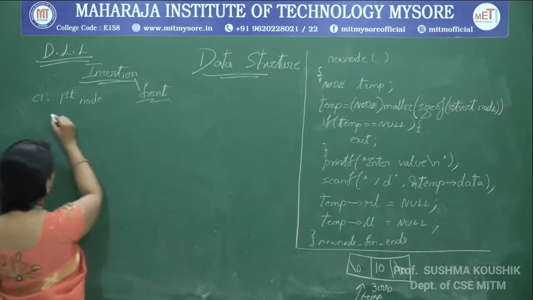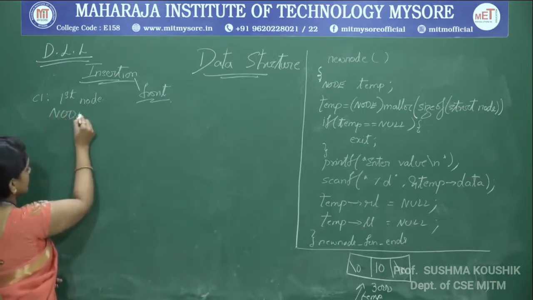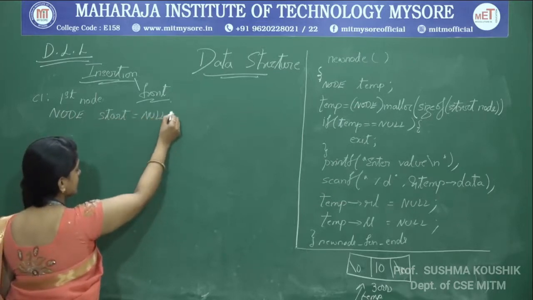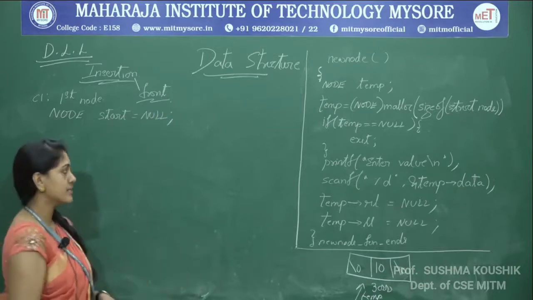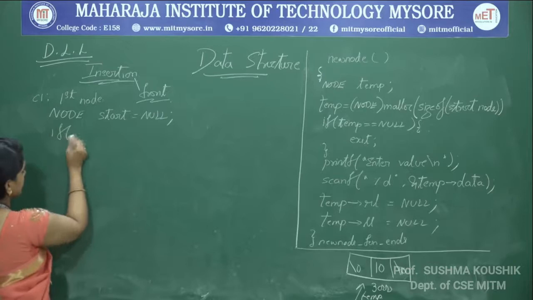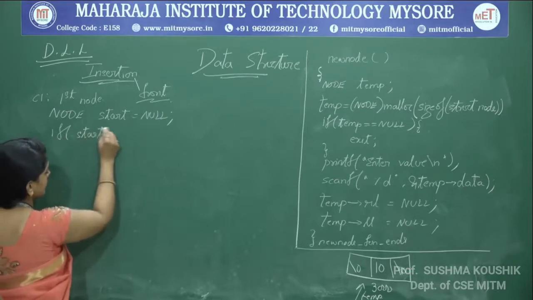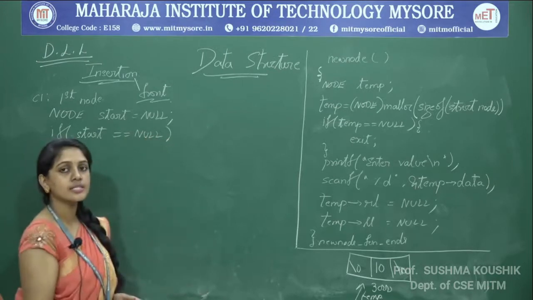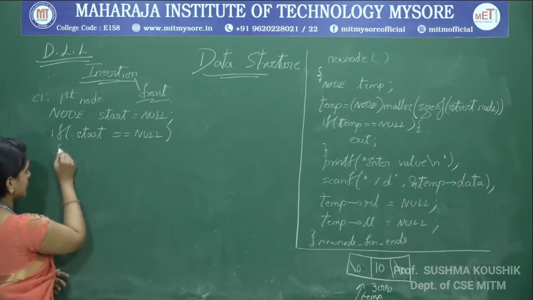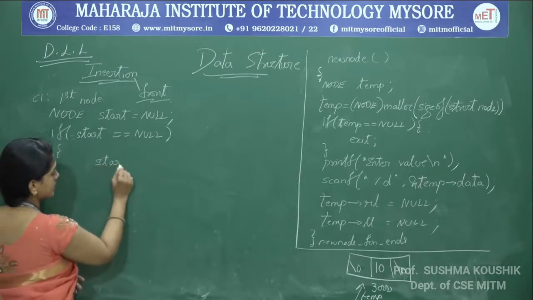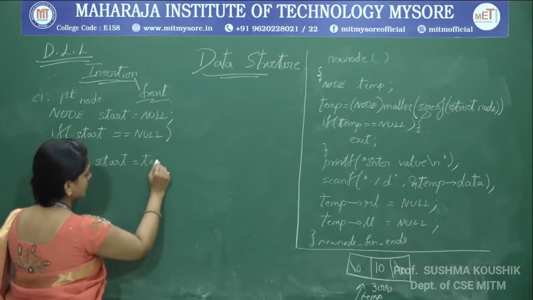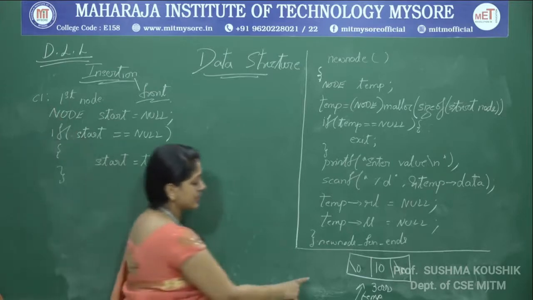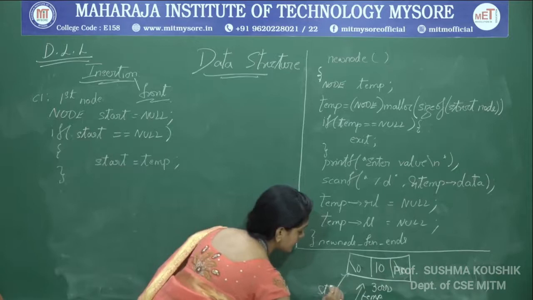There already exists a pointer, node start is equal to null. Initially it will be null. If it is null, it means that this is the first node which we are inserting. Okay, so we will check if start is equal to null. If yes, in this scenario it is true, it is still null, it does not have anything. Therefore we will make start is equal to temp. So now we are making sure case 1 is accomplished over here. We are making sure that start is also pointing to this location.